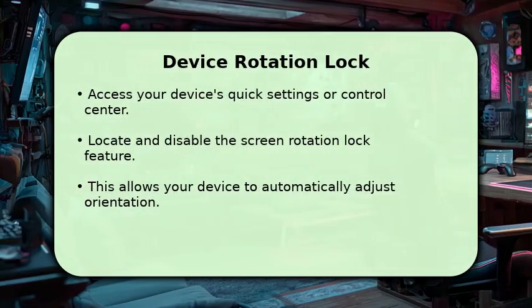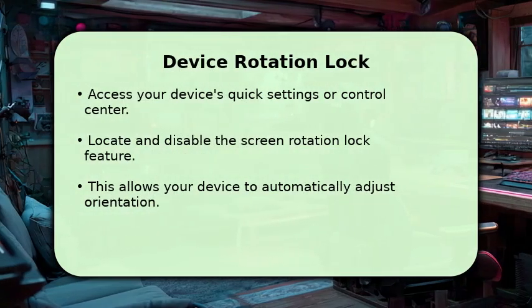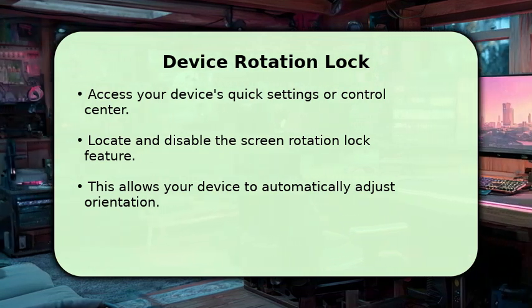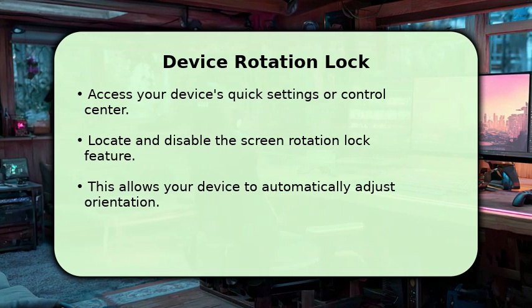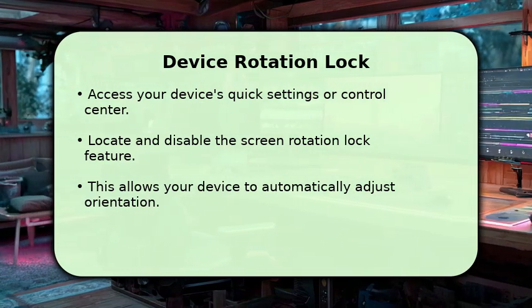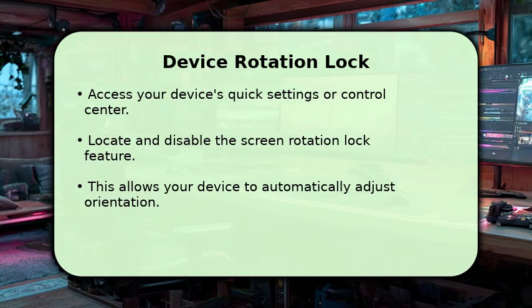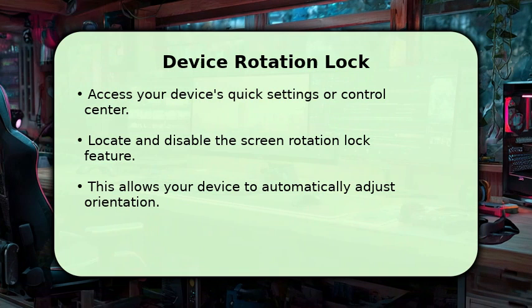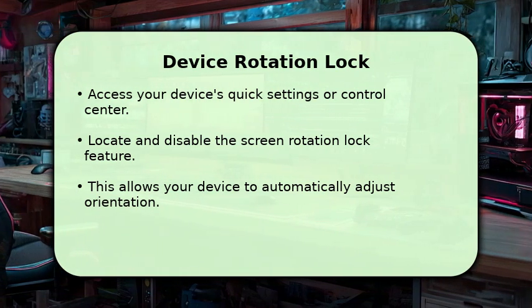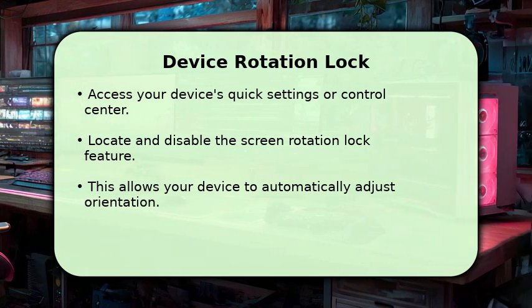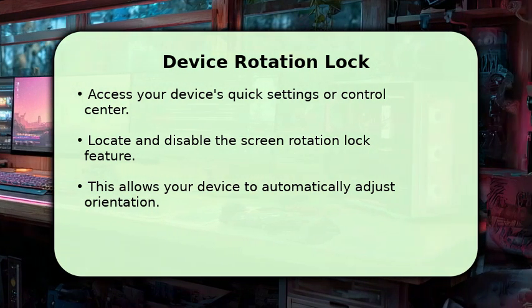First, let's look at your device's built-in rotation settings. Access your quick settings or control center by swiping down from the top of your screen. Locate the screen rotation lock icon, which often looks like a padlock with an arrow. Ensure this feature is disabled. This allows your device to automatically adjust its orientation based on how you hold it. While this works for many apps, Roblox might still default to landscape, so we have another solution if this doesn't